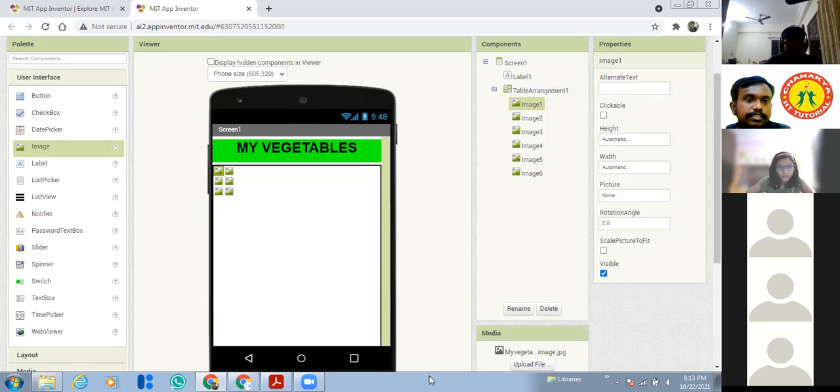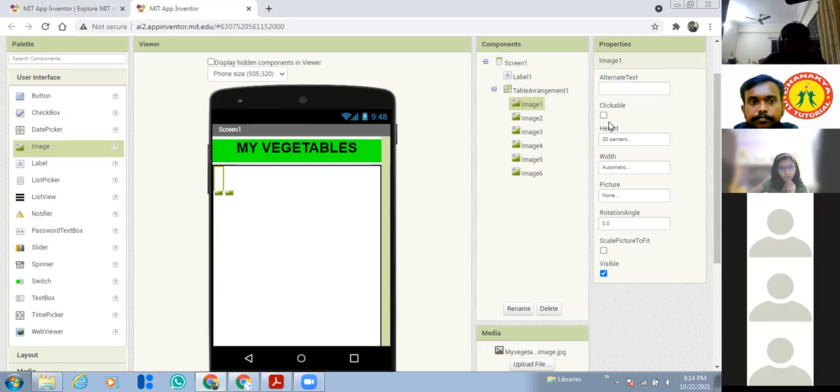See, the total height is 90 for this table arrangement, and I'm going to use 3 images vertically, so I give 30, 30, 30 to occupy the entire space. First, make it clickable, and height 30%. Clickable means only then it will work. If you don't make it clickable, nothing will happen when you click that image.